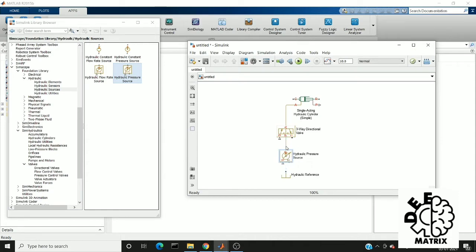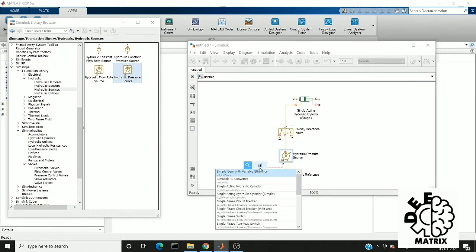S is the control signal we are going to give to the pressure source. For example, if I give a sine wave to this hydraulic pressure source, it'll give a pressure in a sine wave format. At some point it'll give a peak pressure, and at some point a very low pressure. So the pressure source will act as a sine wave.